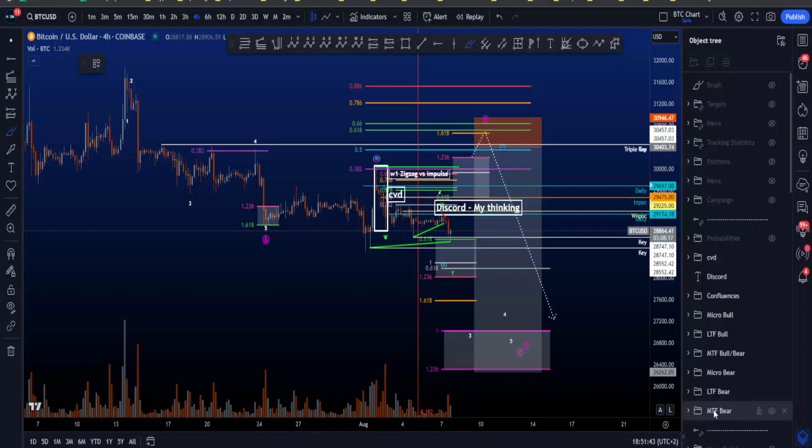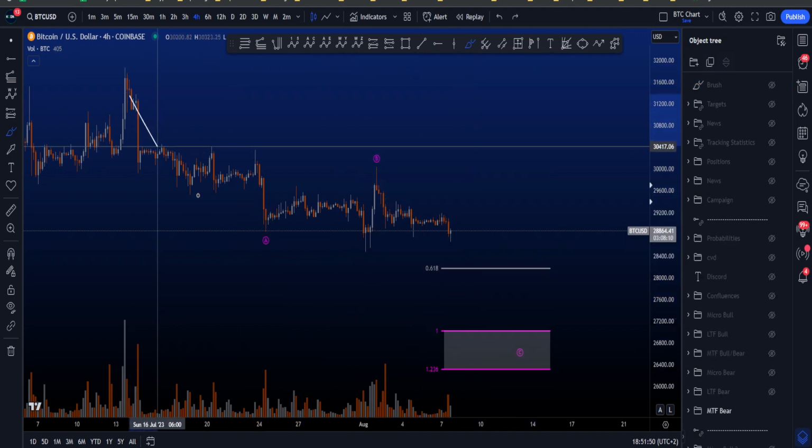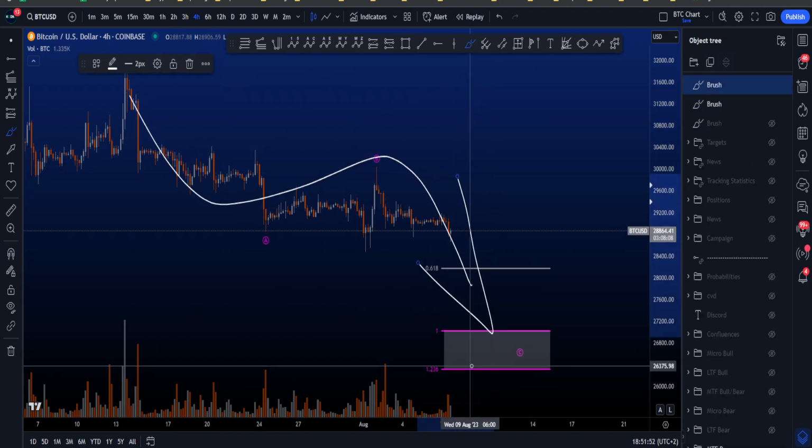Hi everyone, let's go over my medium time frame, low time frame and micro bullish and bearish Elliott Wave scenarios on Bitcoin. Starting with my medium time frame bearish scenario, where we are looking for a zigzag 5-3-5 to the